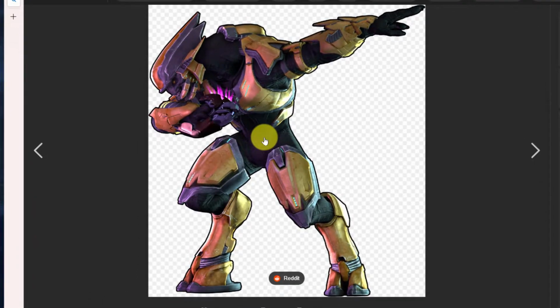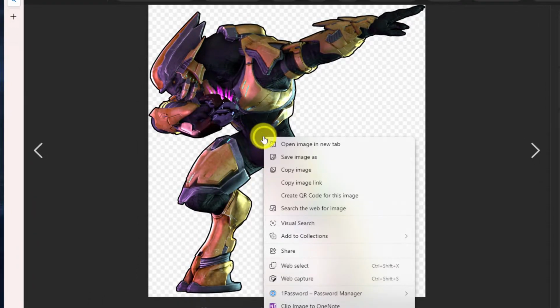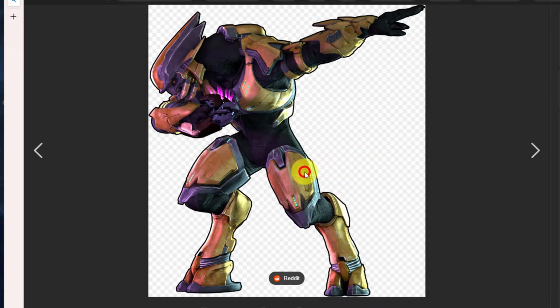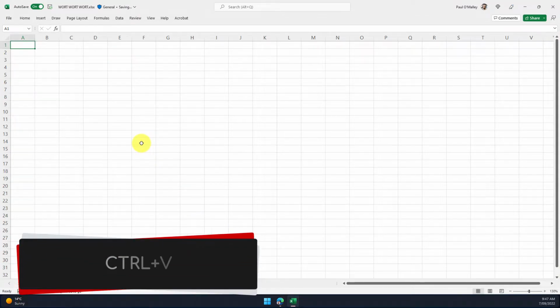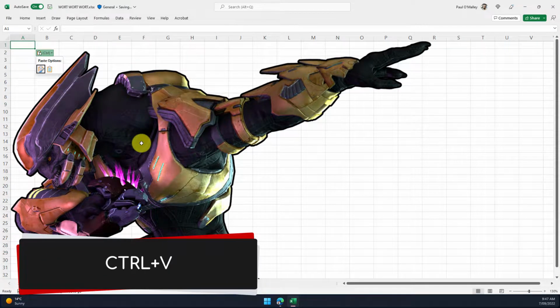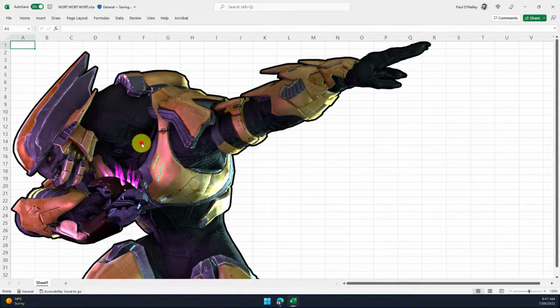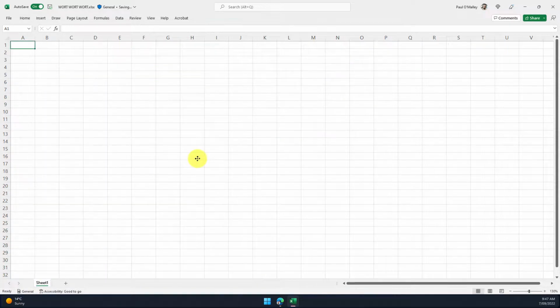Traditionally speaking, with my web image that I have here, I would normally right-click and copy the image. And then once I've selected copy image, I would head back to my Excel file and use the command Control-V to paste the image in. But now you can see that it's on top of my Excel sheet instead of inside the cell that I prefer. So what I'm going to do, I'm going to delete that image.